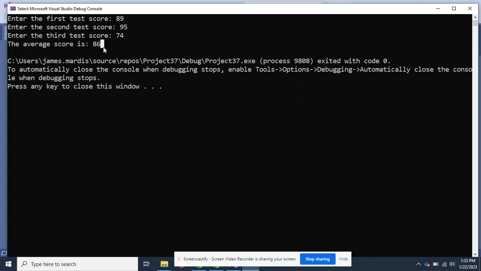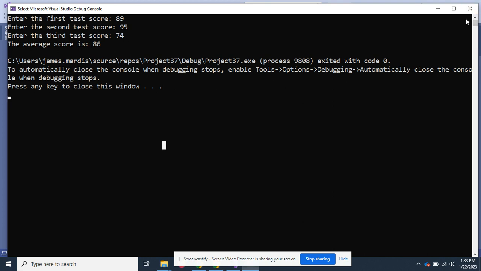This is a double. The reason this turned out to be 86 is because if you look up here, I've got 2 odd and 1 even. So once you do the math on that, it's going to give you just an 86.0. The way the math turned out, it didn't give you decimals. The big thing to notice, though, is it did do the math on it.